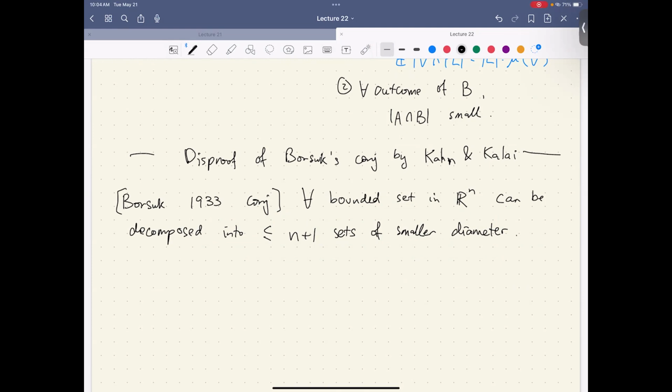So Kahn and Kalai, this is 1993, disproved it in a strong sense, if we want to cut a set into pieces with smaller diameter,